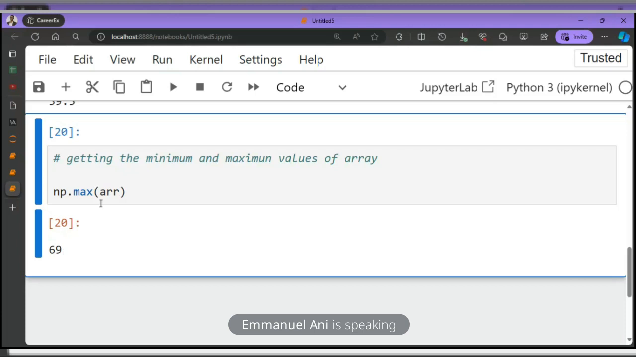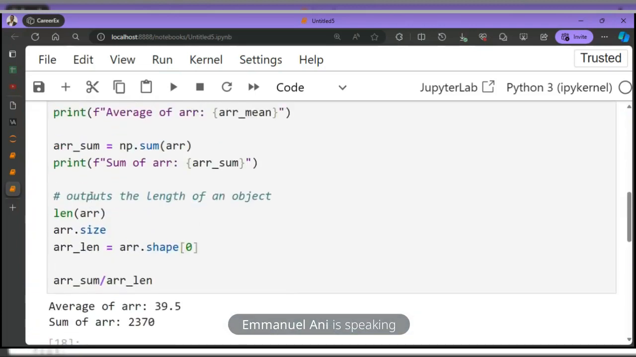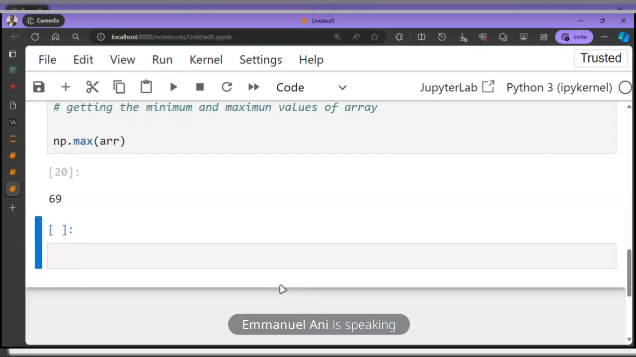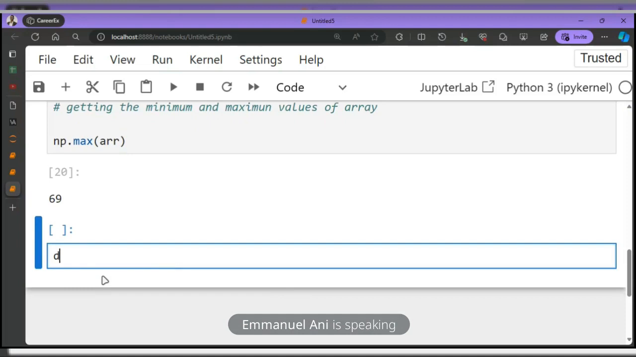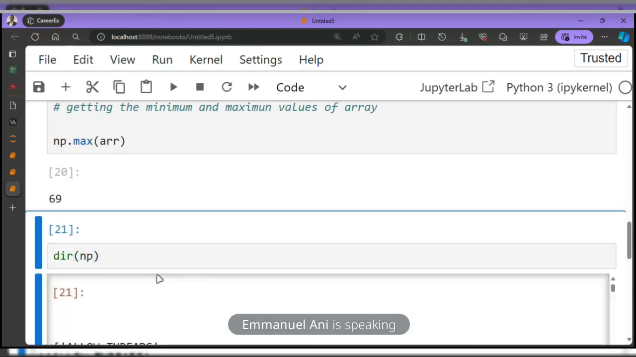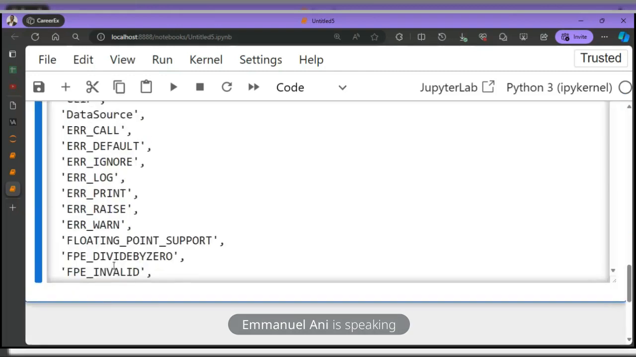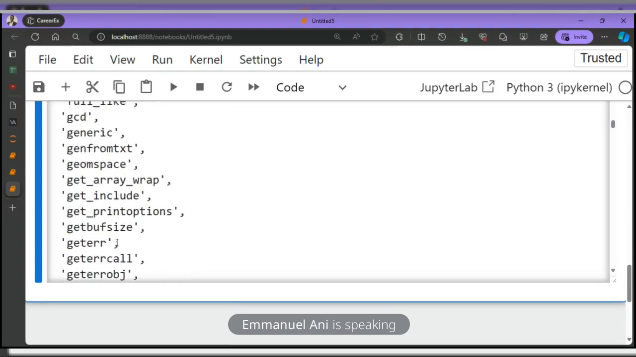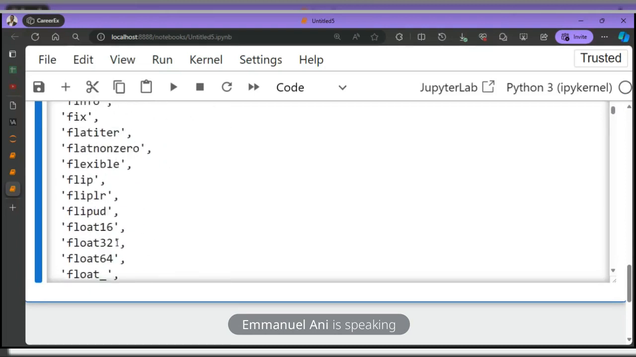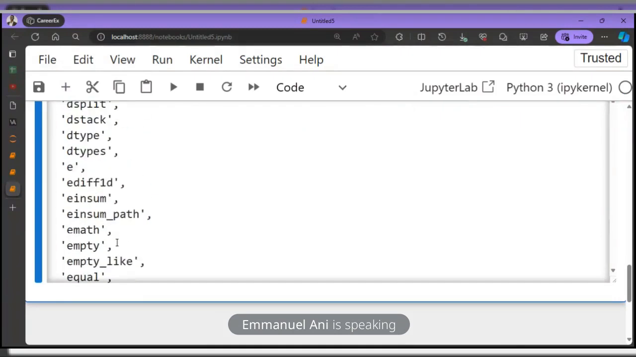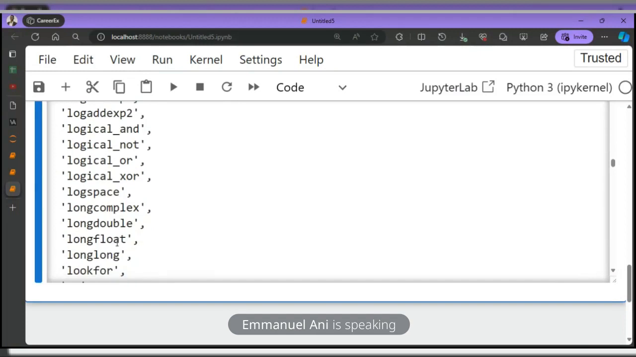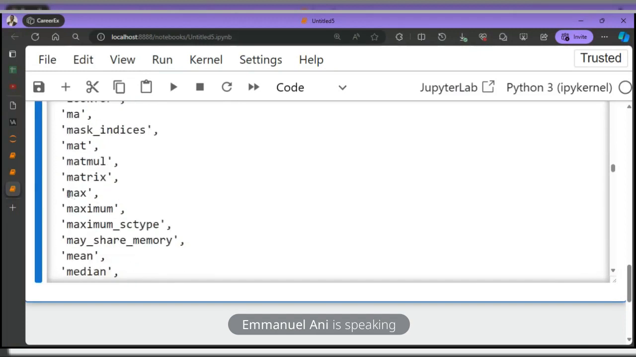So these are aggregation functions. You just have to know them. There are a lot of them actually. If you check dir(np), you are going to see a lot of things. You can scroll down and explore on your own. Let's check for mean. All right, you can see mean,